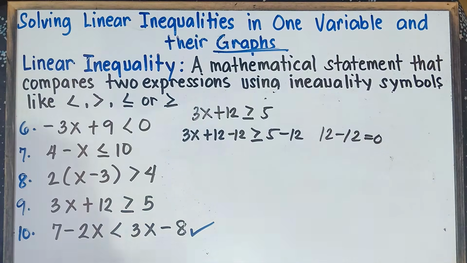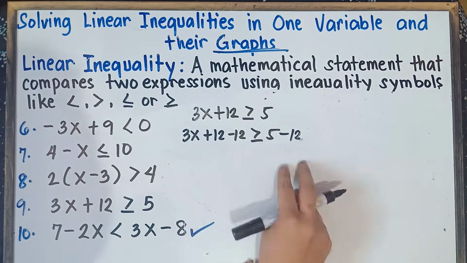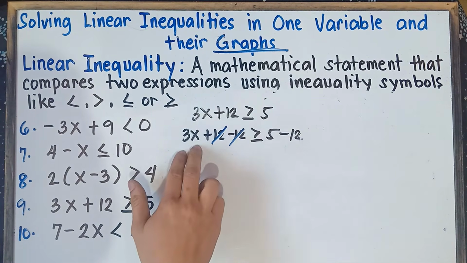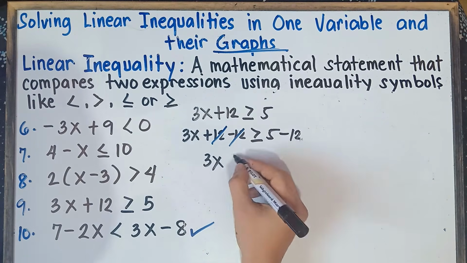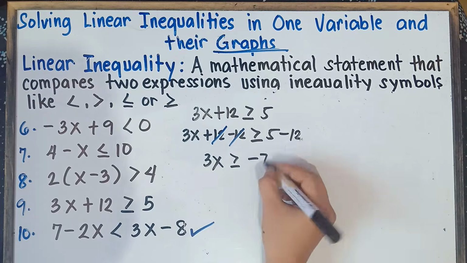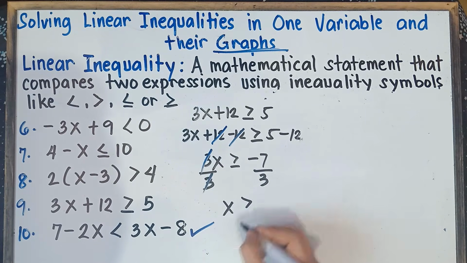Now, you'll be asking the question, sir, why do we need to subtract both sides by 12? So that, class, you can cancel this out, and the remaining expression will be only 3x. So this will be 3x is greater than or equal to 5 minus 12, that would be negative 7. And then to get the value of x, simply divide both sides by positive 3. So divide by positive 3, divide by positive 3, cancel this out, and our x is greater than or equal